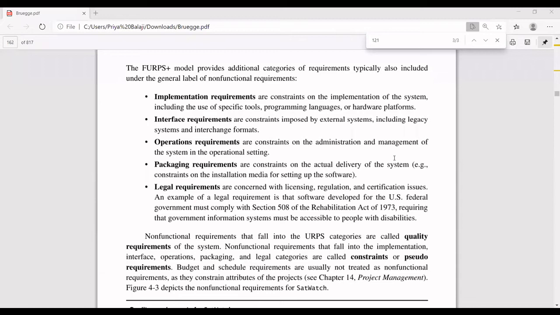You would have done your project. When you're writing a report, you remember you will be writing out functional and non-functional requirements. In chapter 3 or chapter 4 you will be writing non-functional requirements, functional requirements. So under non-functional requirements you will be writing what programming language you are using, what hardware techniques you are using, all such things. I think you remember that. So like that, these are the non-functional requirements that can be considered.